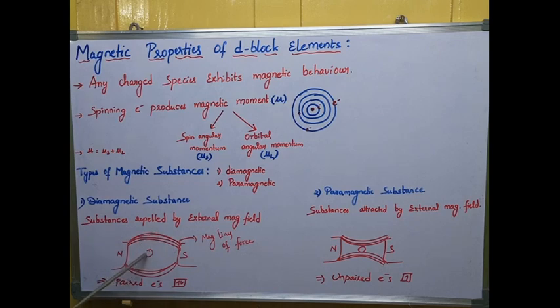This diamagnetic nature is mainly observed in case of paired electrons. In most substances you can observe paired electrons. Paired electrons show diamagnetic behavior, meaning they have opposite spins. One is anti-clockwise and the other is clockwise. So their spins cancel and the net becomes zero. Because of that, they show diamagnetic behavior.